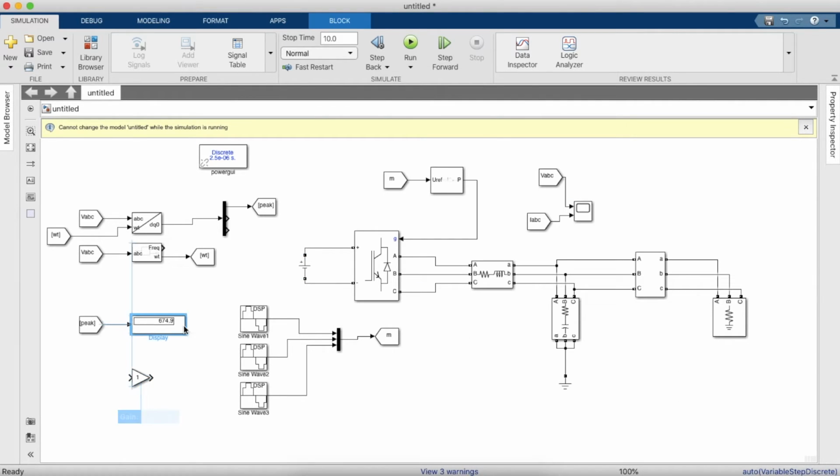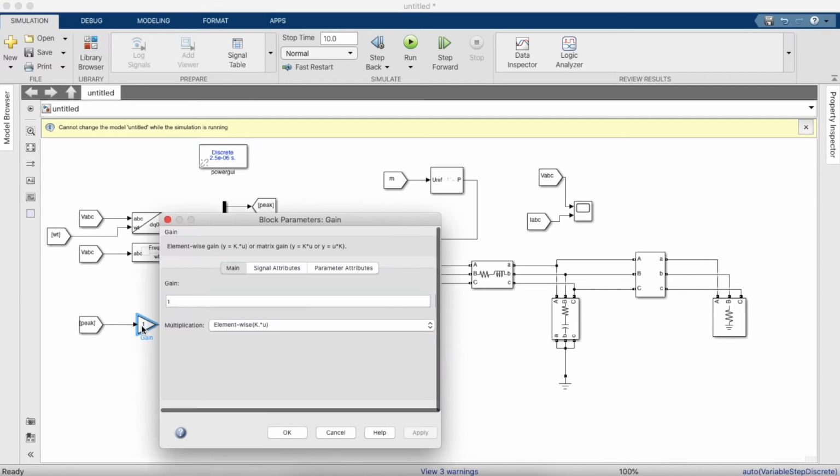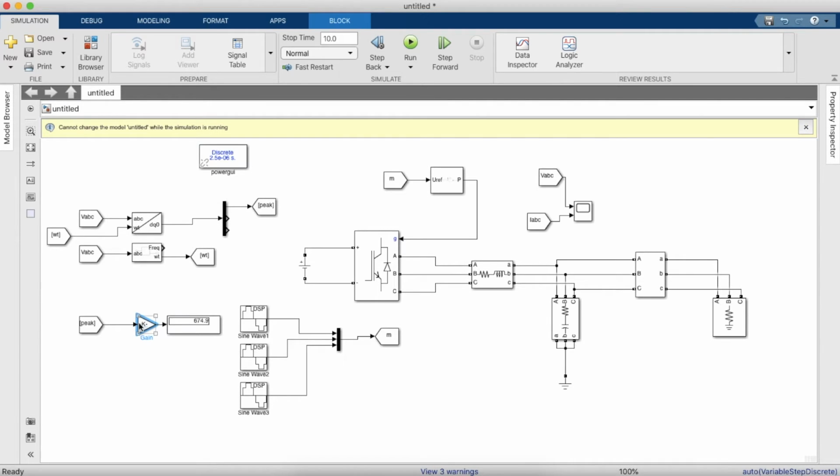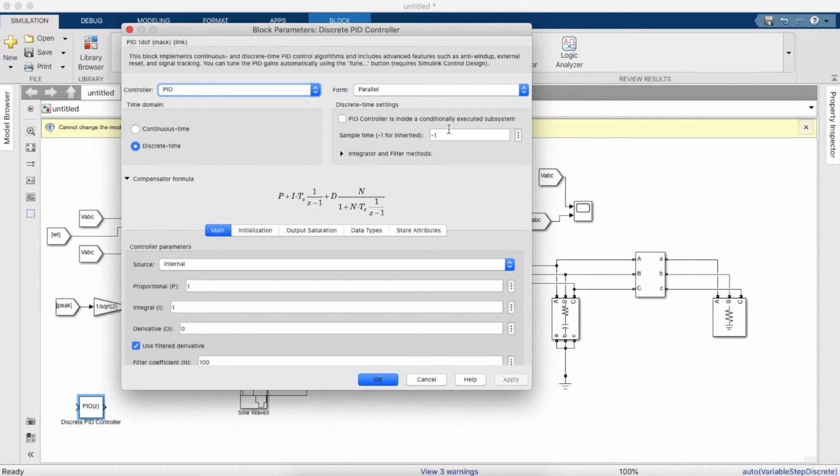So now we'll convert it to the RMS value. So we'll have to divide this value by square root of 2. So now coming to the control of the constant voltage part, we'll need a PID block, a discrete PID block. So taking a discrete PID block, let's give the time to be TSS. So we'll T into 100,